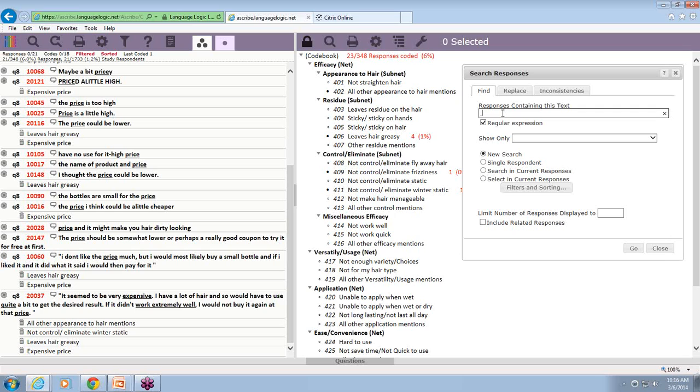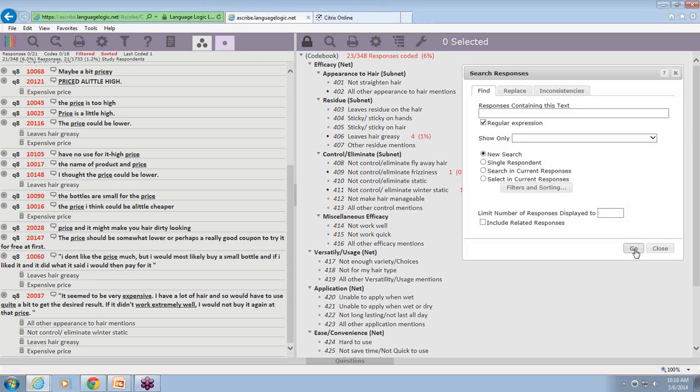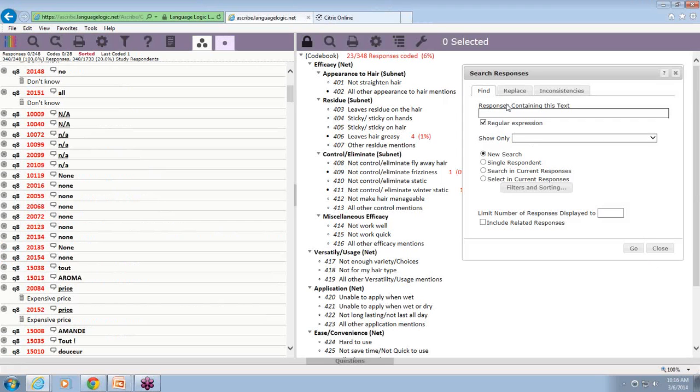That's not the case with the search icon in Ascribe Coder. You don't need to enter in anything to bring up all of your responses. You just simply open up the search box and hit go, and it'll render all of your coded and uncoded responses. If you want to search for a text, simply enter in the text,